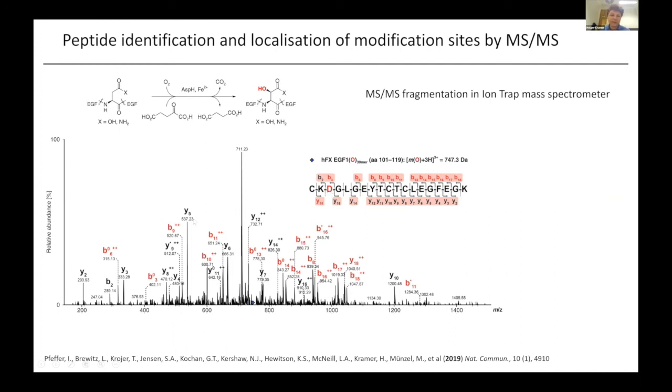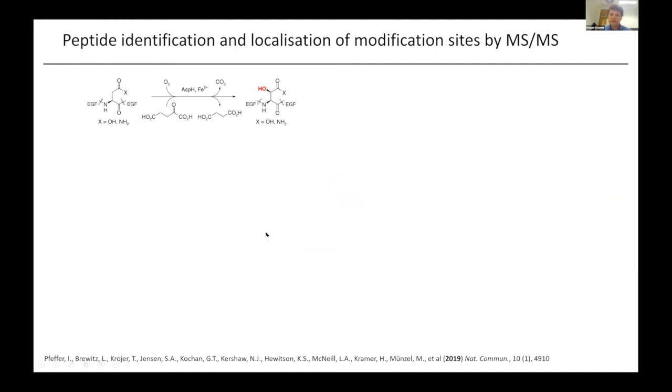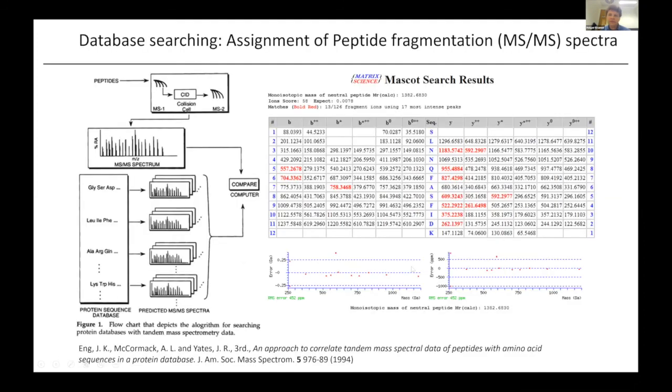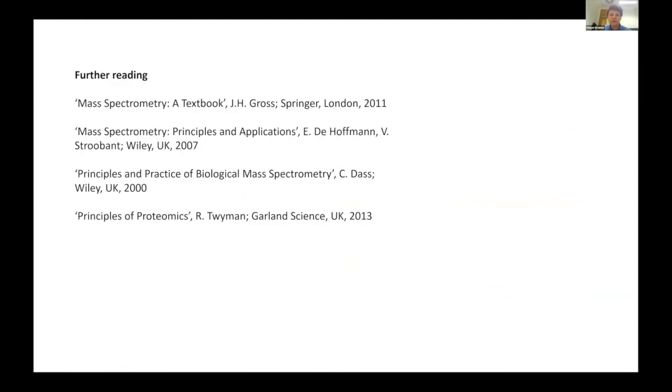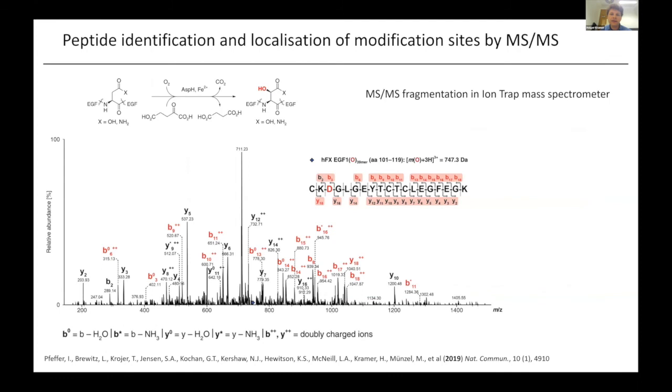And of course, this can be annotated manually, as was done on this spectrum here. But generally, to go back to the previous slide, this is something you would want to do computationally in the way it was described here. And one way to do this is the MASCOT search algorithm that will match the data from the protein database to the experimental spectrum. So then, coming to the end of the lecture,